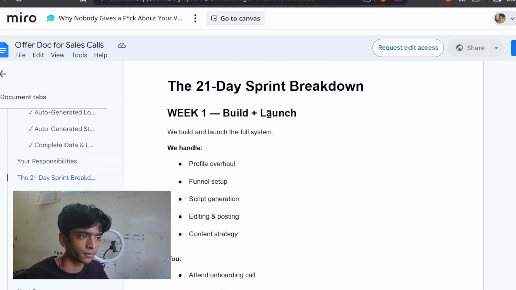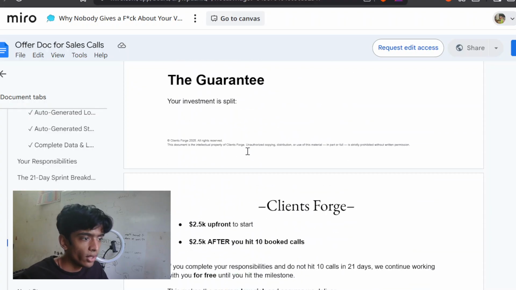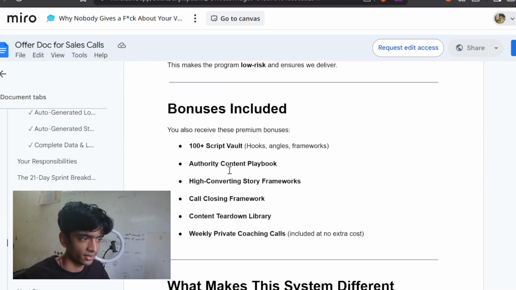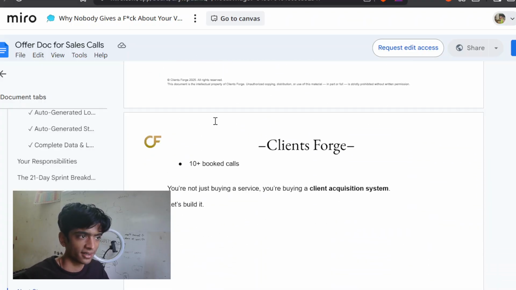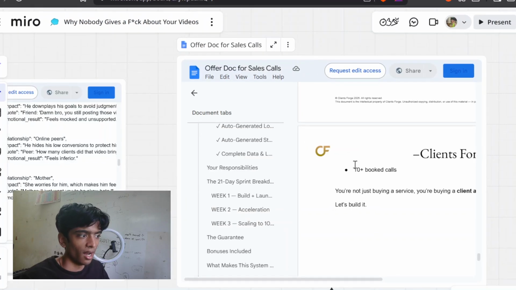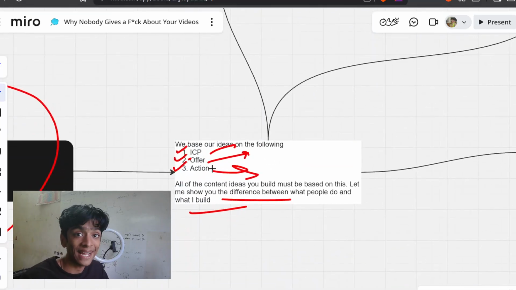Everything is in here. The exact week 1, what are we going to do? Week 2, what are we going to do? Week 3, week 4, guarantee, price. Everything. Look at this. I feed that and this detailed ICP along with the exact action I want them to take based on specific